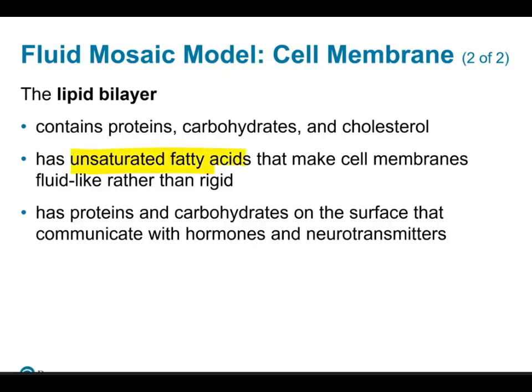And the role of the proteins in the membrane, for the most part, is communication and transport. They can be receptors, they can be channels. The role of carbohydrates is mostly the recognition by other cells of the body. Okay, now, I have no idea what's going on here. Yes. So,